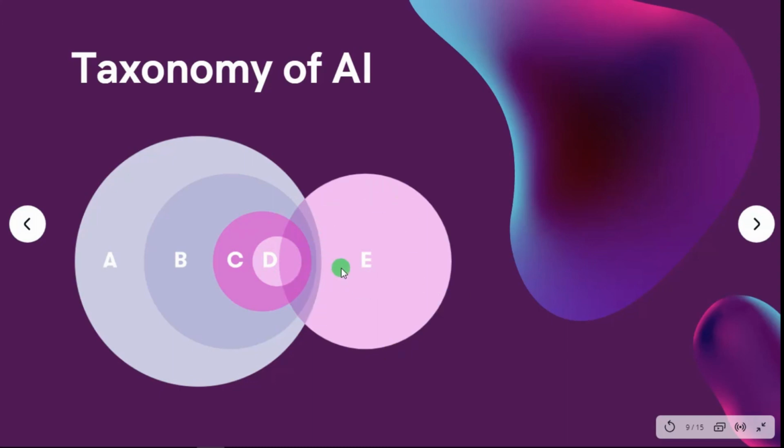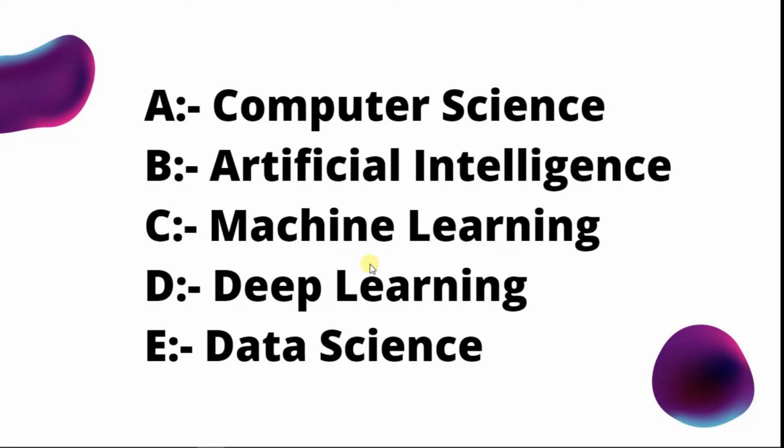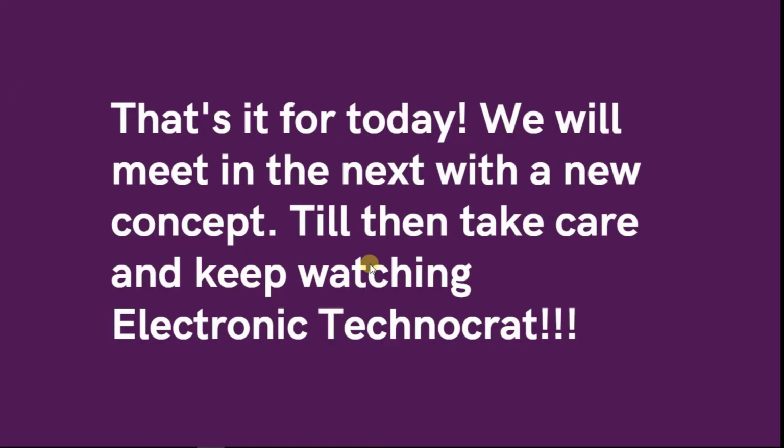So what is this E? This is something different, right? Because these four circles are inscribed into each other, but this E is kind of outside. You guessed it absolutely correct. The E is data science. So, bravo, you solved the puzzle, and you also learned how we define AI, what some applications of AI are, what the fields related to AI are, and what is and isn't termed as AI. So, congratulations on learning this beautiful term that is AI.